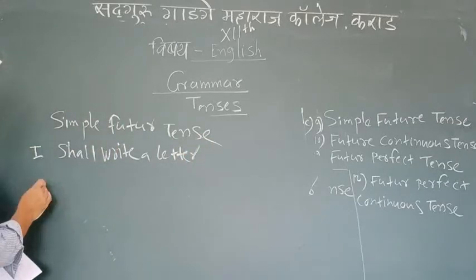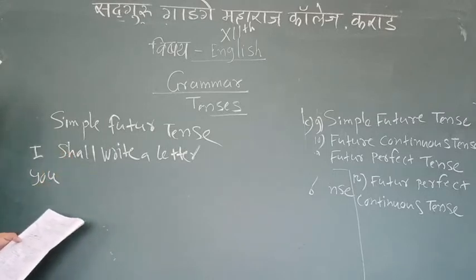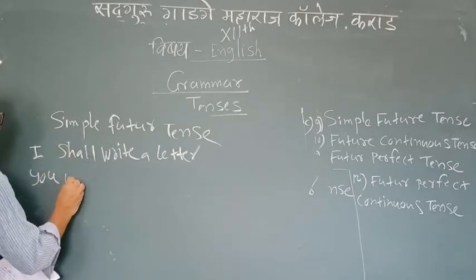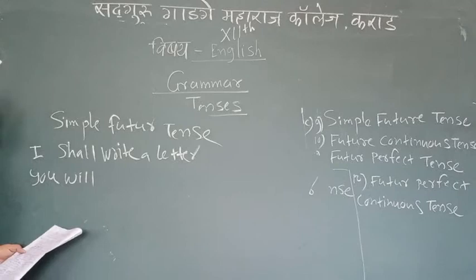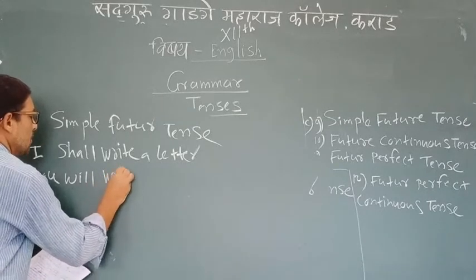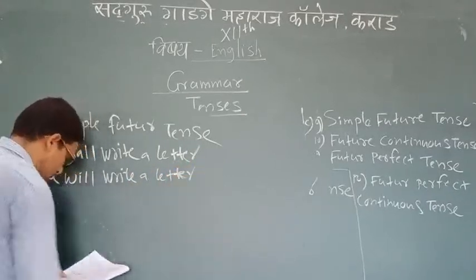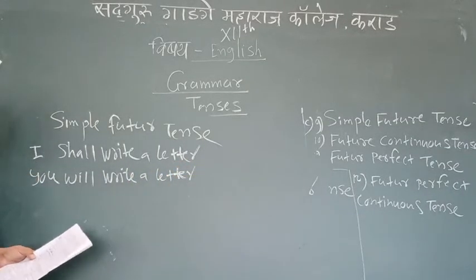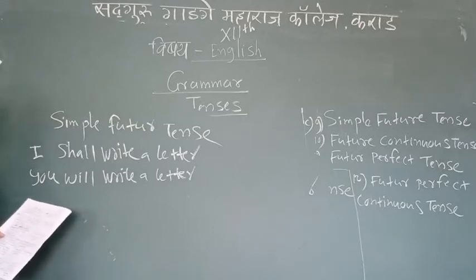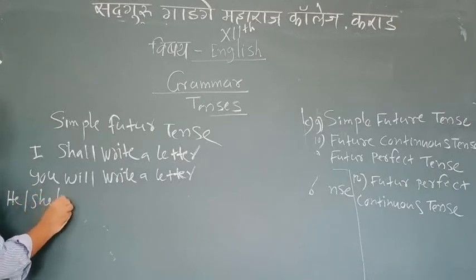If you take you as a subject, then instead of shall we have to use will. You will write the letter. Right? You will write a letter. If you use the subject like he, she or it,